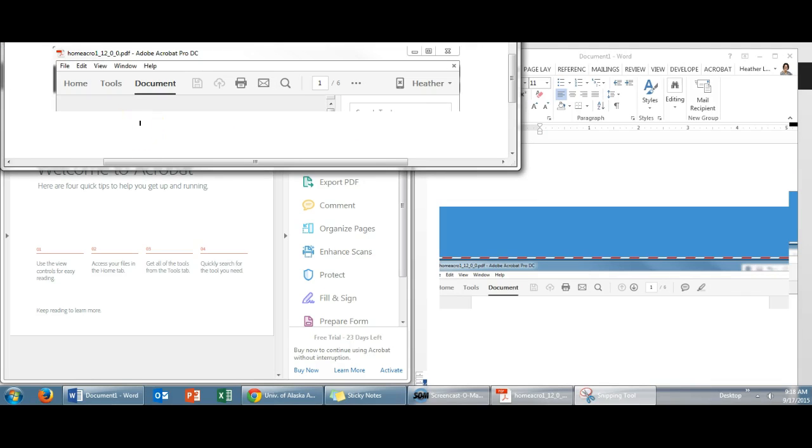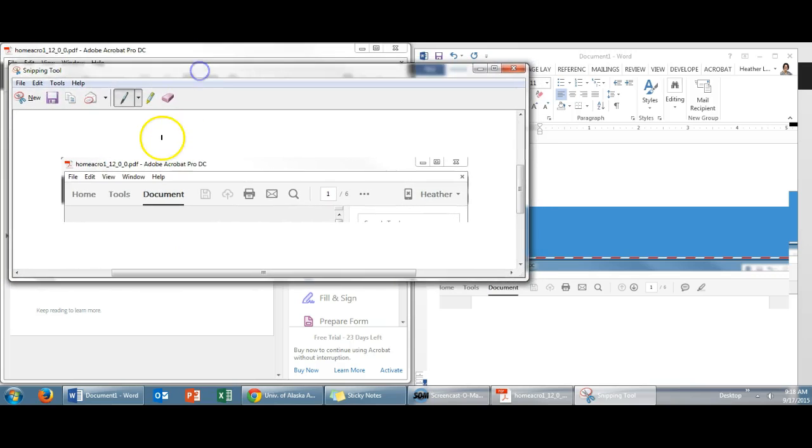And now this gives me a little more information, because it gives me a window where I have taken my picture. It shows me what it is. I can mark it with a pen or highlight things on it if I need to. If you need to show me something that way, you can do that. You can also copy right there. You can save it as a picture. And then this button allows you to email it right from your program if you have Outlook set up on your computer. So I'm going to copy, and then I'm going to go over to my Word document,